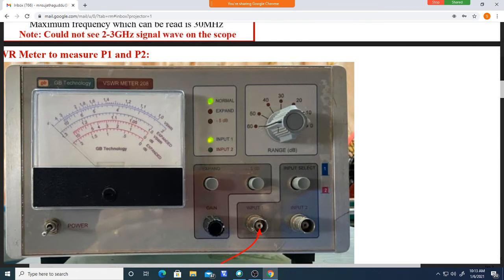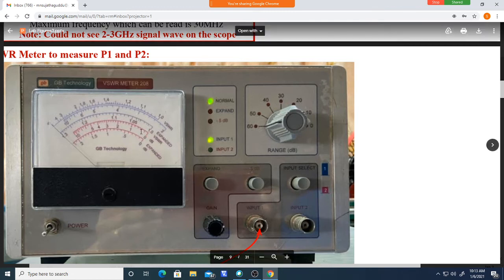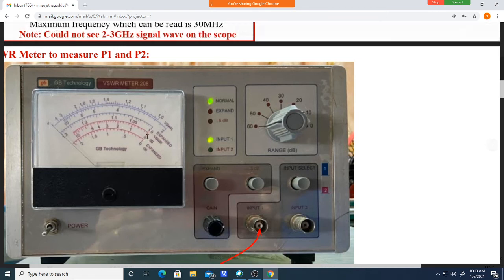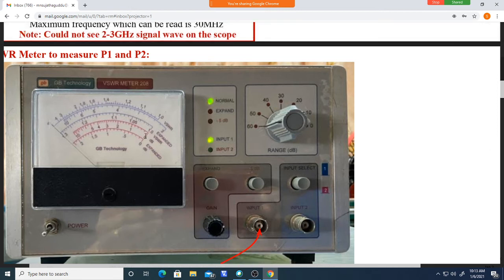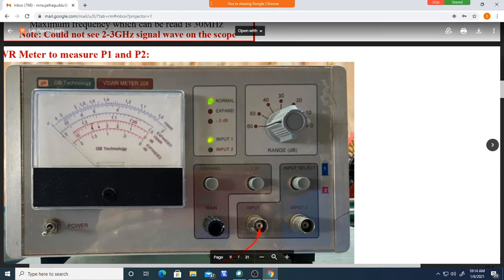For example, if you keep this at some position, for example 60, you should take the scale reading. See here, 0 to 10 dB. This is for range selection. Next, from here, 0 dB is 0 dB. This is 1, 2, 3, 4, 5, 10. This scale only we should use in the laboratory. Don't use any of the others. Only this 0, 1.